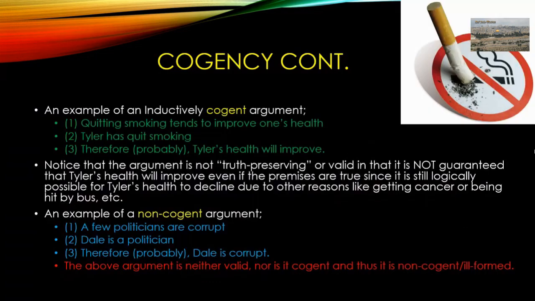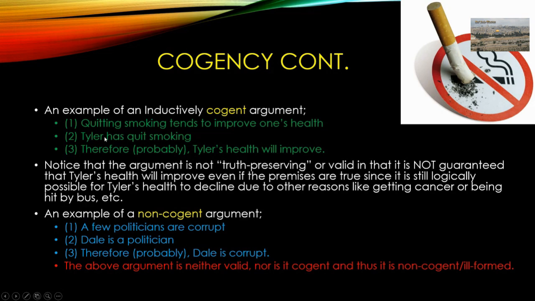Okay? So going on with cogency, let's give an example of an inductively cogent argument here. Premise 1, quitting smoking tends to improve one's health. Premise 2, Tyler has quit smoking. Conclusion, therefore, probably Tyler's health will improve. Now, notice that the argument is not truth preserving, right? It's not valid, because even if we assume the two premises up here are true, for the sake of argument,